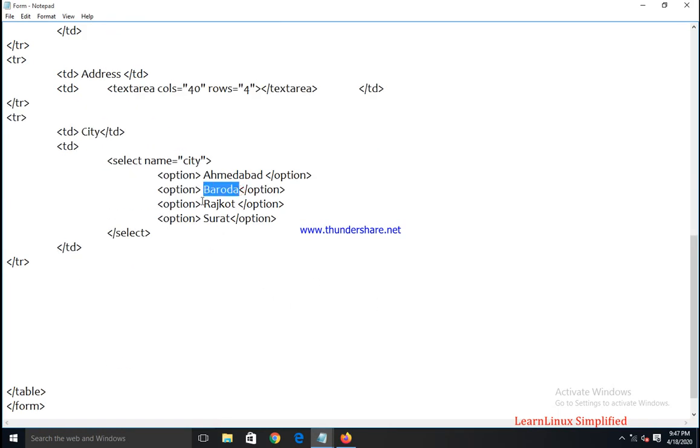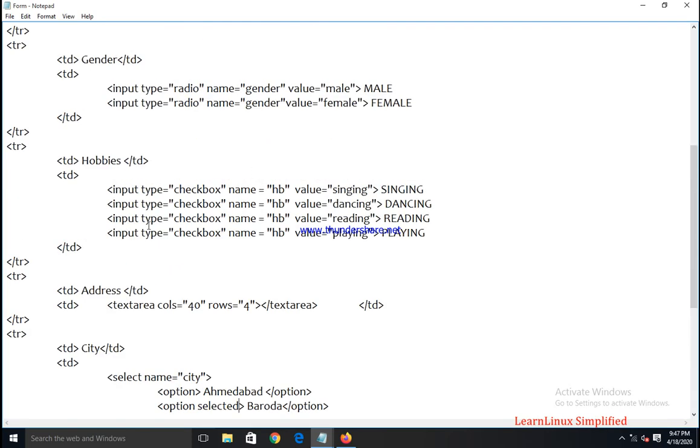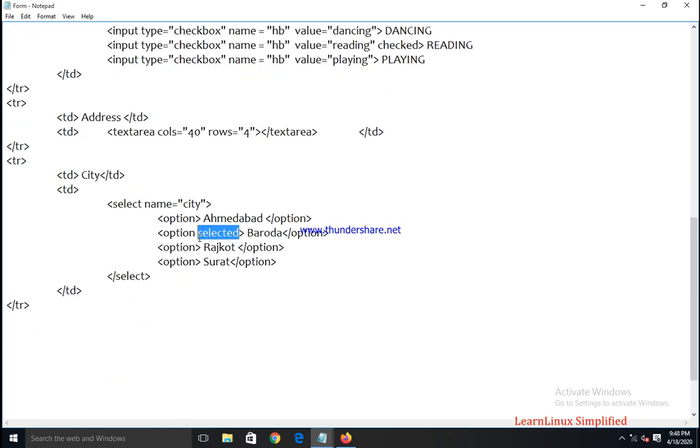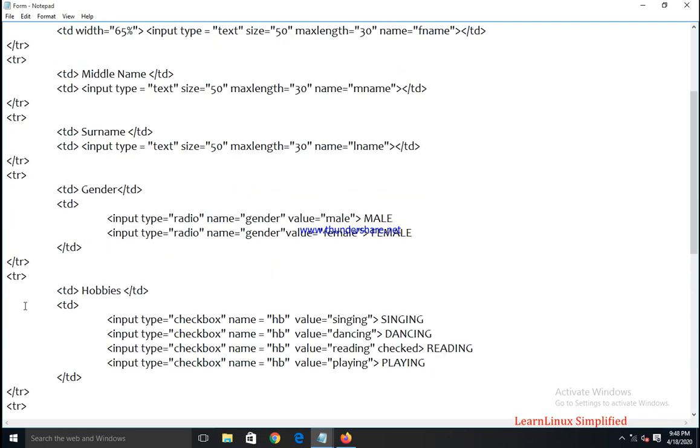There I can give an empty attribute selected. In the same way, suppose I want any option to be selected in a checkbox, then here I have to write checked. In a selection list I have to write selected, whereas in a radio button or a checkbox I have to write checked. So suppose for selecting male I am writing checked over here.